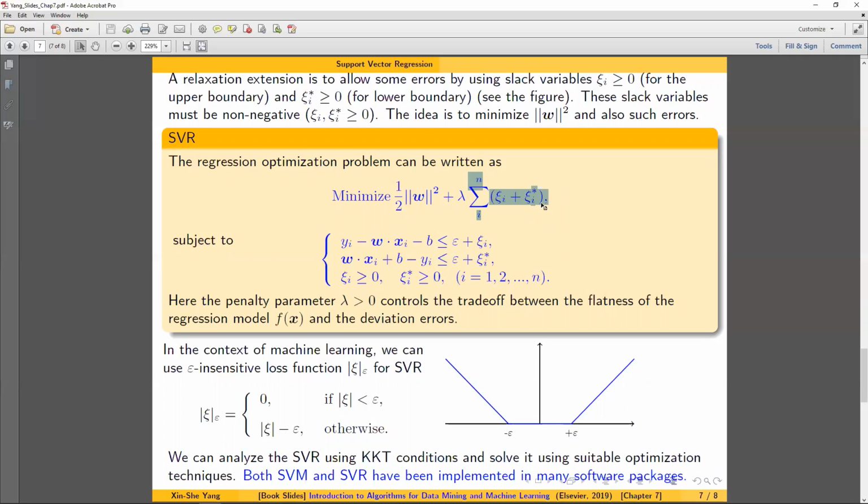That's the idea here. So with that objective function, minimize the inverse of the distance plus lambda times the relaxed slack variable terms. Now we use the same constraints and try to solve this optimization problem. Again, here the penalty parameter lambda larger than 0 controls the trade-off between the flatness of the regression model f(x) and the deviation errors. So in the context of machine learning, we can use